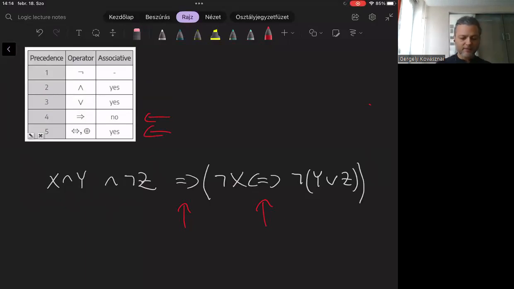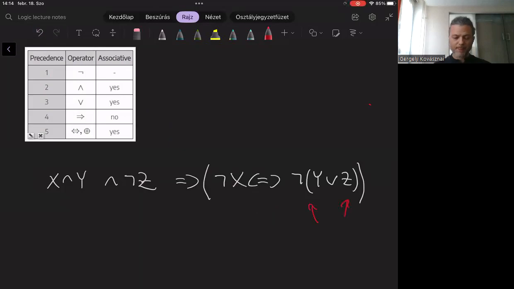This means that if I removed this pair of parentheses, then the evaluation order would be altered dramatically. Then we would get a totally different formula. Then we should evaluate implication first, and only after that the equivalence. So we have to keep the parentheses because we need to evaluate the equivalence first, and only after that the implication. Right. Okay, so let's see, what about the remaining parentheses here?